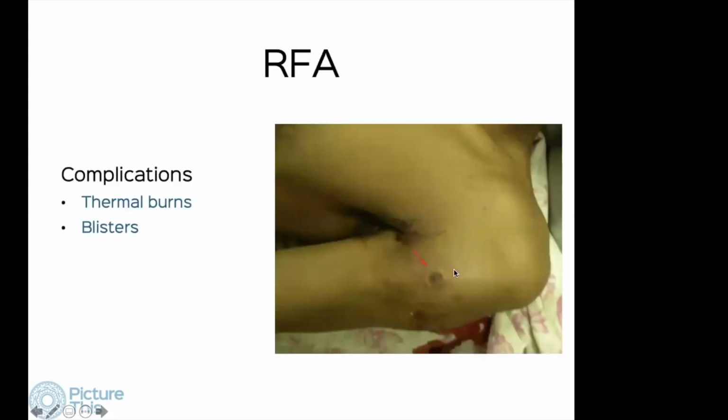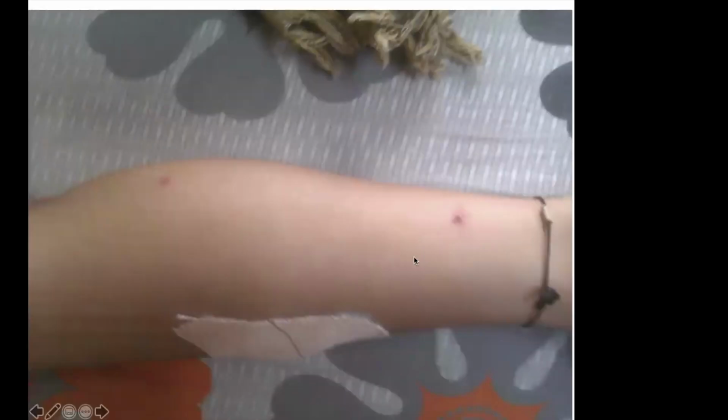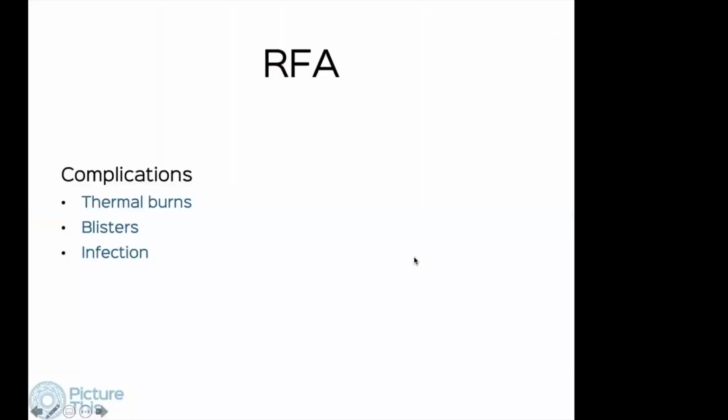Complications: thermal burns and blisters. These occurred in our early cases. We weren't very careful with our dispersive pads. But ever since then, we've not really had this as a problem. These are some blisters that occurred in another patient, but these have been sorted out as well, and we don't